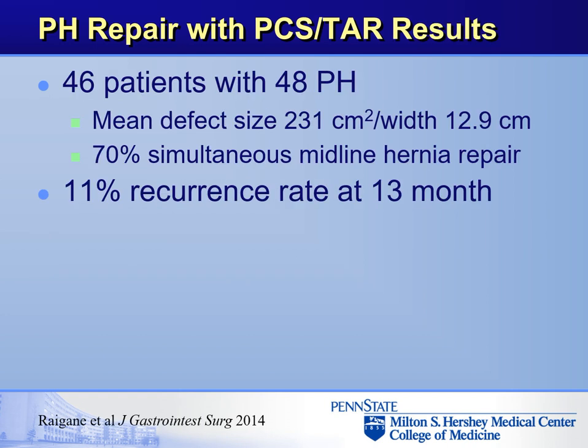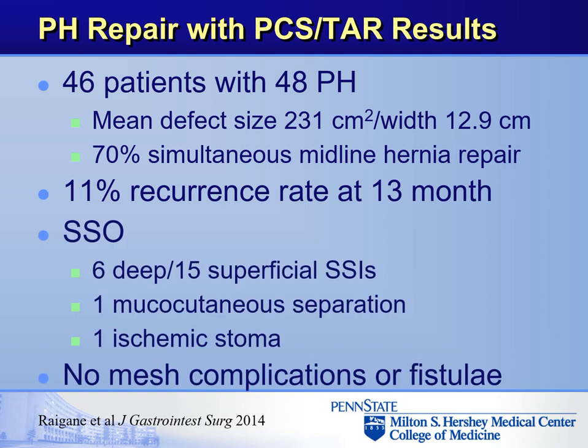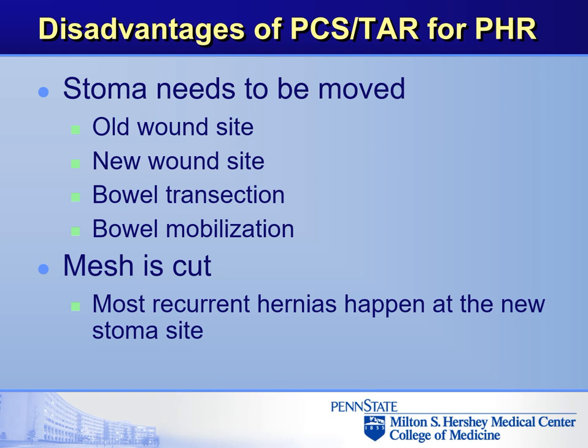In the first publication of this from Drs. Rosen and Novitsky, 46 patients were repaired, 70% of which had large midline hernias associated with it. And at 13 months, they reported an 11% recurrence rate with a variety of surgical site occurrences that you might expect. And I'll point out that these are stoma-related complications like mucocutaneous junction separation and ischemia. But notably, no specific mesh complications or long-term fistula. As I said earlier, though,